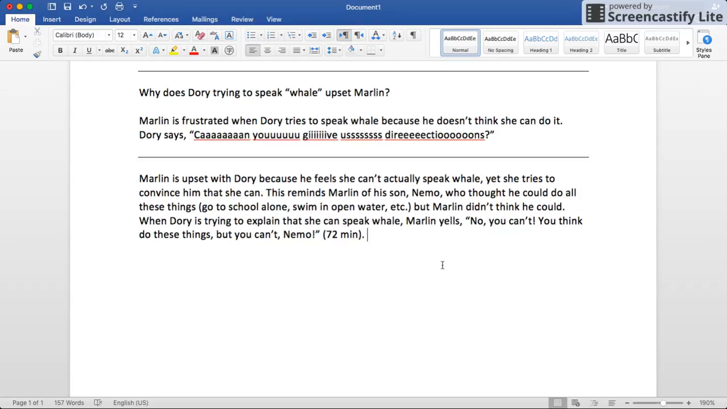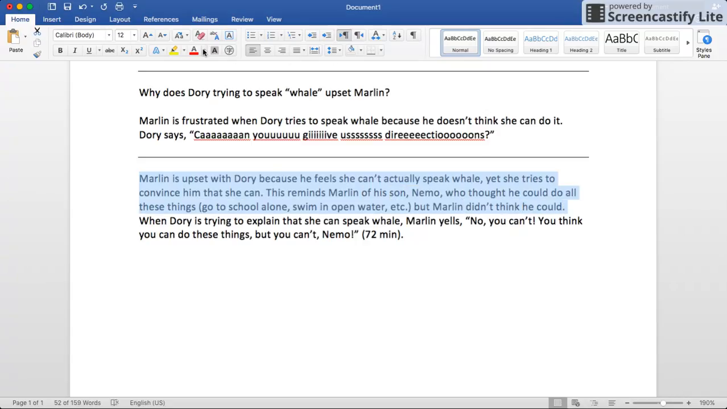Where was I? Okay. So looking at this quote by itself, "No, you can't. You think you can do these things, but you can't, Nemo." Okay. So this quote on its own doesn't answer the question. Just like my answer here doesn't answer the question, or doesn't answer it well because it needed support. So after I give the quote, what I really have to do is connect my idea,